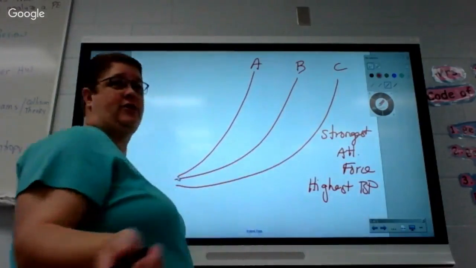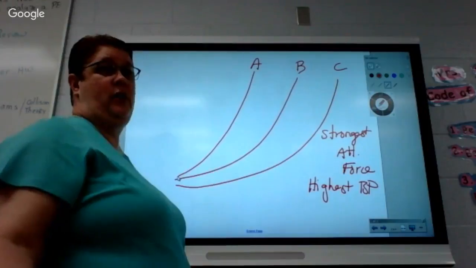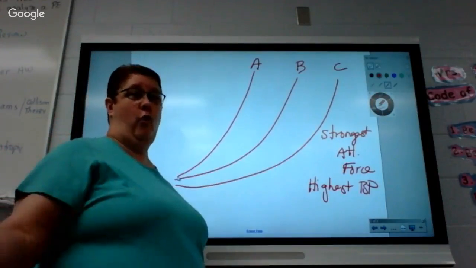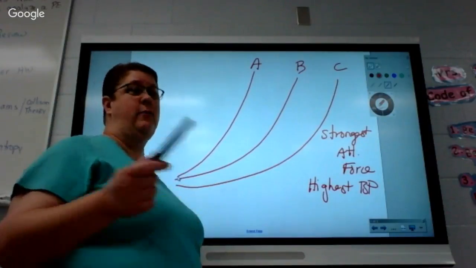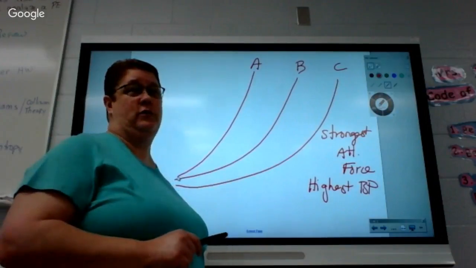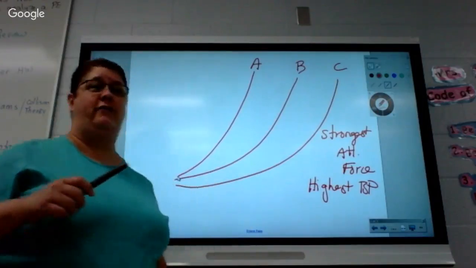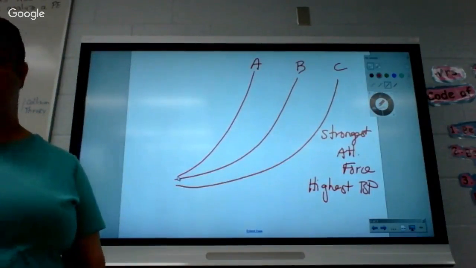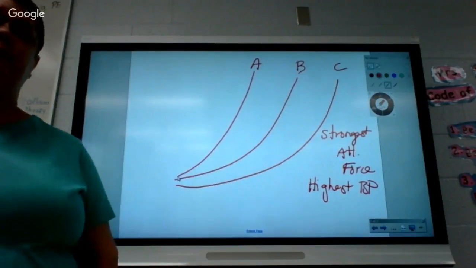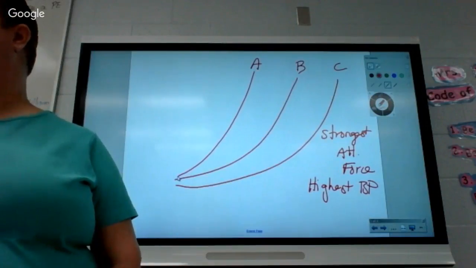So if in the question it says glycerol has a higher boiling point than water, what does that tell you about glycerol's attractive forces? They're going to be what? Stronger than water's attractive forces. So anybody who has a higher boiling point will have higher or stronger attractive forces. Typically water's are pretty strong, but there are some liquids that have stronger attractive forces than water's. And in this case, this question is leading you to believe that glycerol's are stronger. Okay? Anybody else? Question? Anything on the homework?